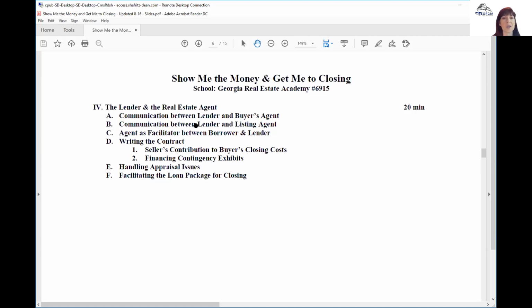And just one more comment on the appraisal. If an appraisal comes in subject to repairs, because we're having a lot of questions like this, the appraisal will come in and the appraised value meets the sale price on the contract. However, on the appraisal, it is subject to repairs. And this is in FHA, VA, and conventionals. Not a lot of conventionals, but conventionals where the buyer is getting their loan from one of the bigger banks. That still has to do with an appraisal contingency, because it's only valued at this price as long as